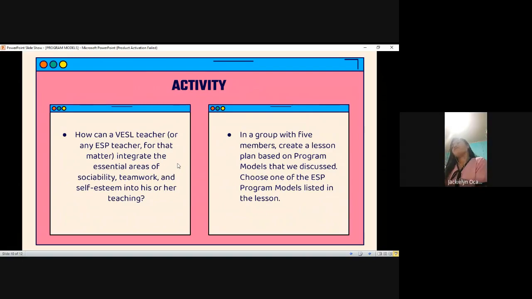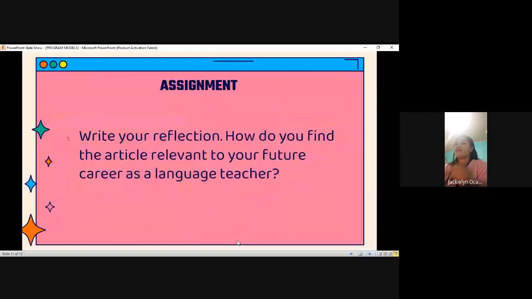Choose one of the ESP program models listed in the lesson. Okay. And then, for your assignment, write your reflection. How do you find the article relevant to your future career as a language teacher?